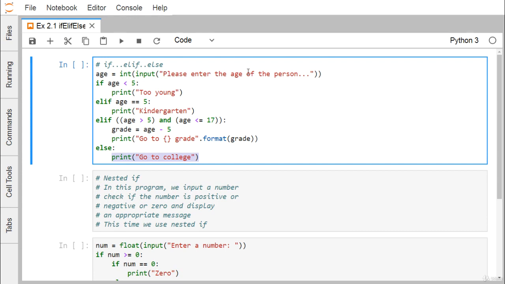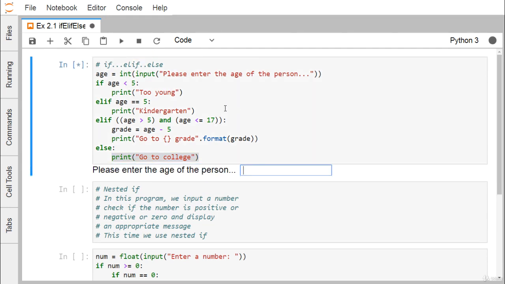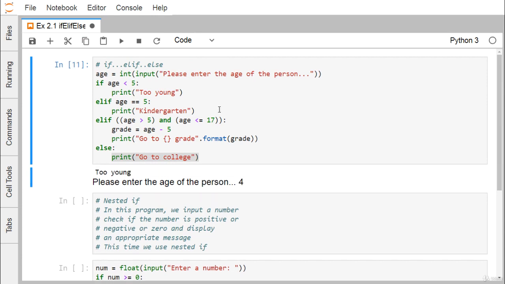You can find that we are asking the age of a person, and then using the input function, we are reading the age from the keyboard, converting it to an integer, and assigning it to the variable age. Then if age is less than 5, this particular statement is going to get printed as the condition becomes true. So let us go for the execution. I'm putting the age as 4 here. You see it is printing too young because 4 is less than 5. This condition is true, so control comes down here, and the rest remains unexecuted, unreachable.